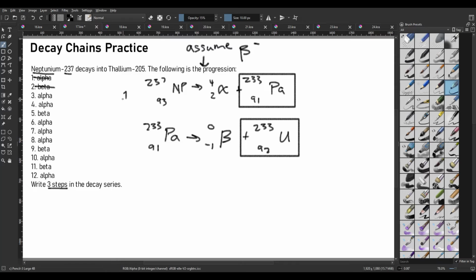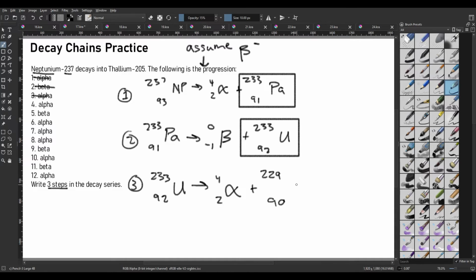So if I go 1, 2, 3, 233, 92, uranium, and it wants alpha decay again. So we're going to put our numbers in to help us visualize. Don't have to, but it helps. So if we do this, it's going to be 229 and 90, and this is going to be an isotope of thorium, because thorium is, of course, element 90